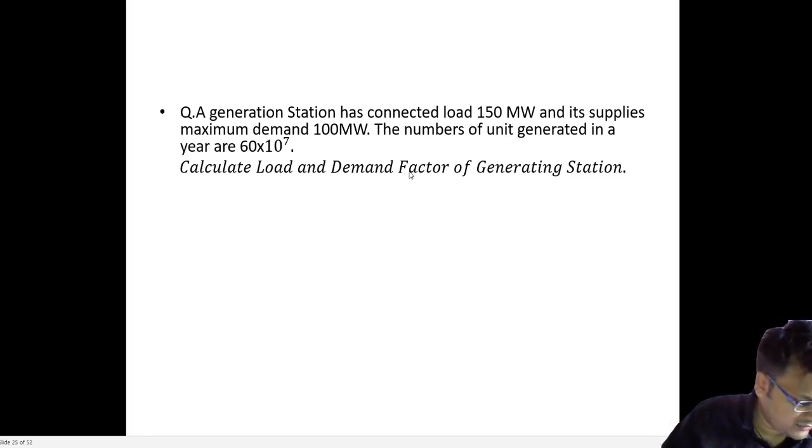Suppose in a sub question, I will show you further, they will give the maximum demand in megawatt and the units generated in kilowatt. So how will you divide that? You have to calculate in one form, either kilowatt or megawatt. Here it is simple because everything is given in megawatt. But in further questions it will be given in watt, some values in kilowatt, some in megawatt. So we have to convert into one unit, like megawatt, kilowatt or watt, to get the right answer. That is the need for converting. Here it is not required.